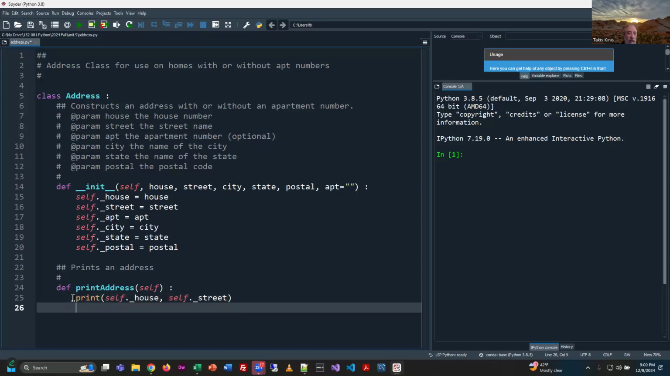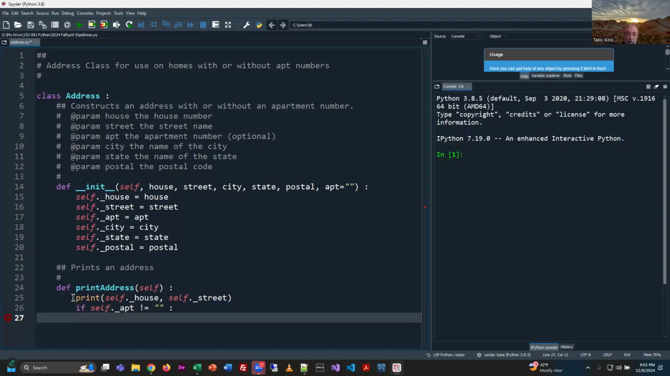All right. Then we have this apartment number thing, but we're only going to print it if it shows up, right? So then we're going to do an if statement. I'm going to say if self._apartment does not equal an empty string. So if it has something in it, in other words, then I will print